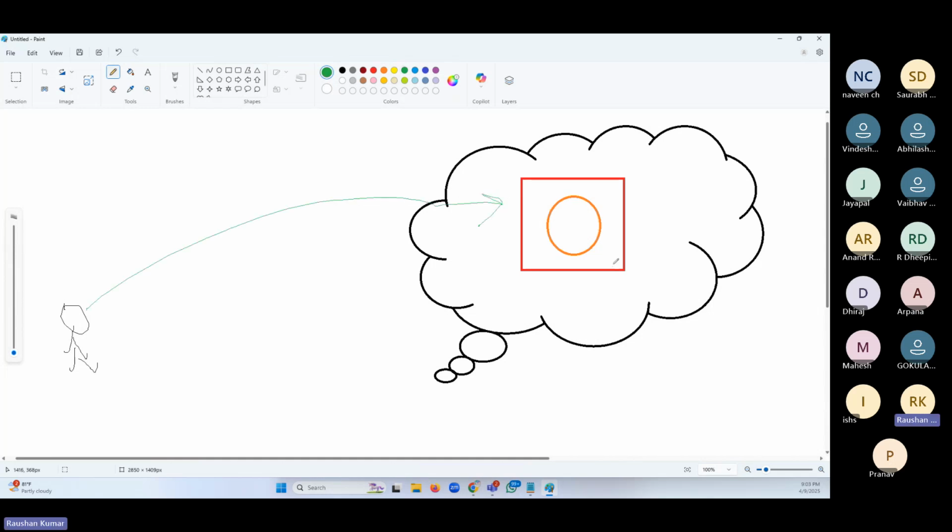Security group is like a bodyguard, friends. Let's say this is you and this is your bodyguard. If you want somebody to meet you, you will let your bodyguard know, okay, allow this person. If you don't want to meet somebody, you will say, don't allow this person. This is your personal guard. This is your server and this is the security group, your bodyguard.